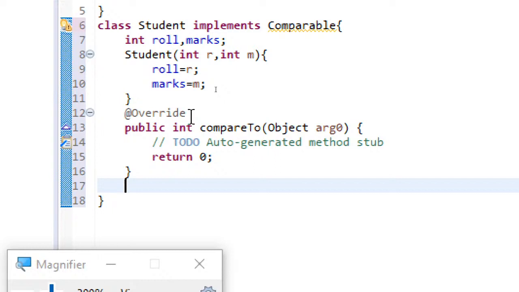But the point to be remembered, as I said, is: for duplicates you will go for list, for restricting duplicates you will use set, and for key-value pair mechanisms you will go for map. And again in set, if you want insertion order, you will go for linked hash set.